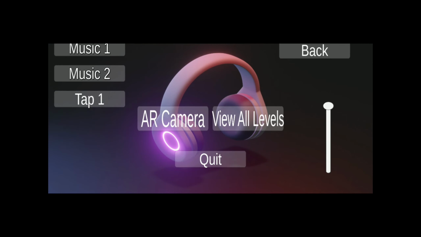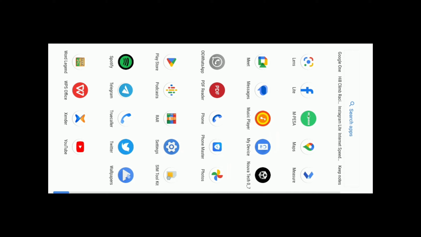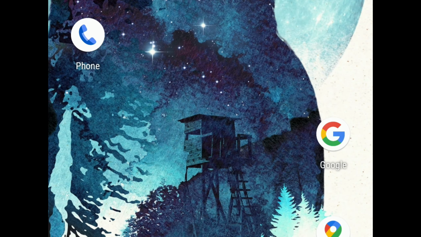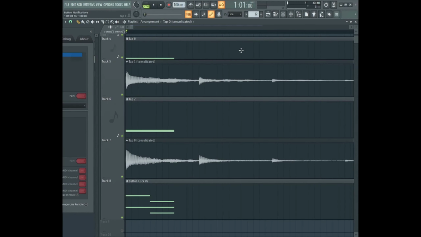I'm supposed to show you the full interface settings part. I made the music buttons, all the responsive audios that you are able to hear. You are supposed to press the quit button, and on pressing the last time it's supposed to shut down. That's it. I also used the FL program to create the responsive audios, as you can see. 1, 2, 3, 4, 5.